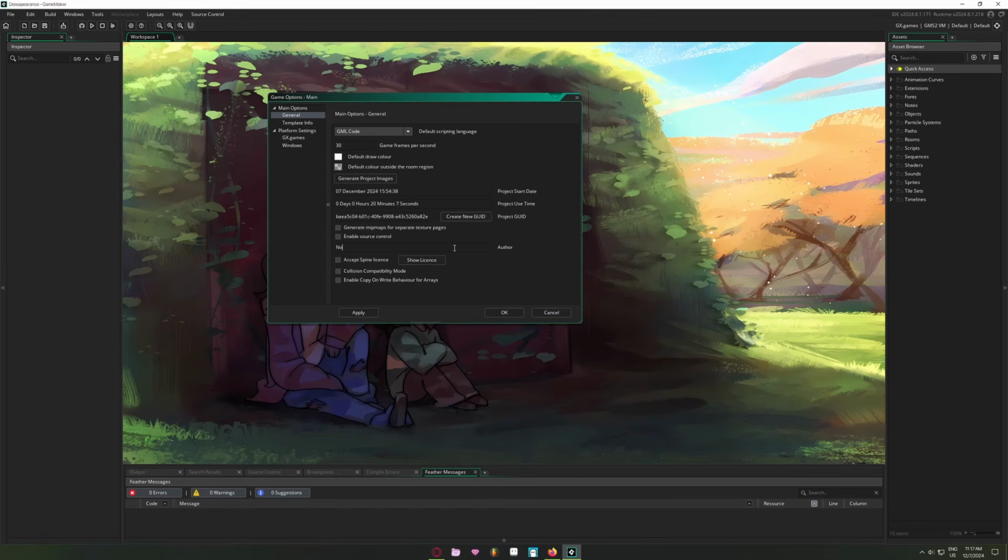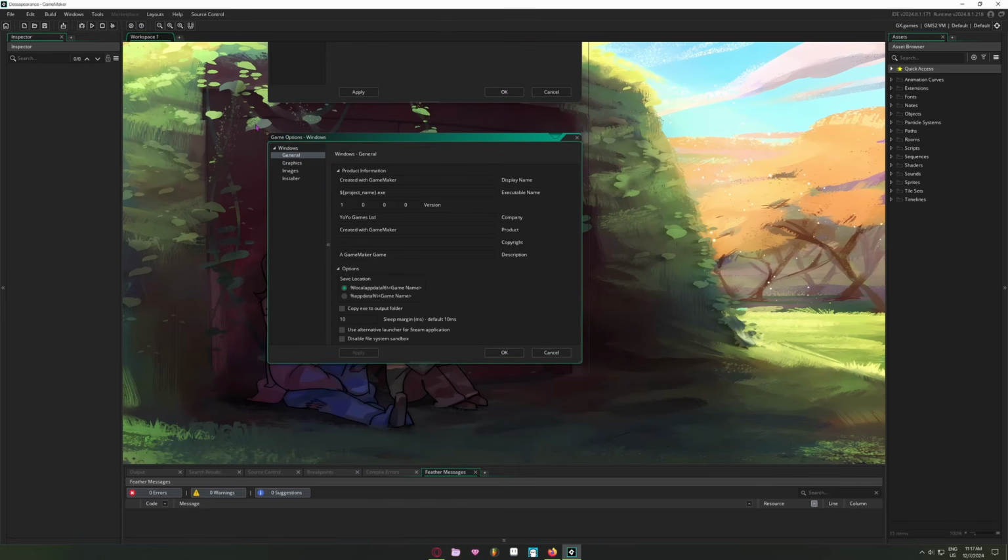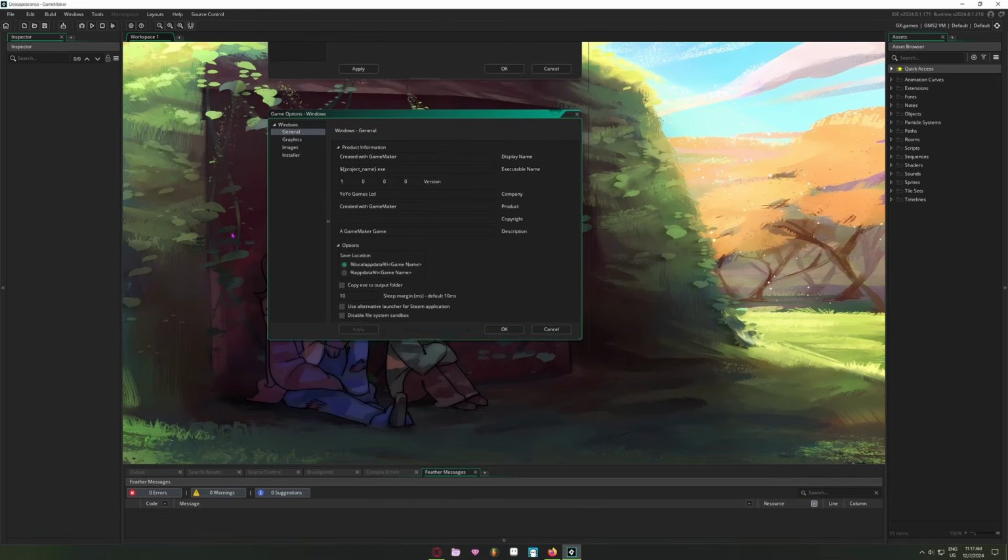So my name is. Then you want to go to Windows here, or whatever platform you're using, and okay, you want to change what the display name is. So obviously this, you want to do your game's name or whatever you want it to be. It's this appearance, and this is the name of like the exe file. So again, you want to do the name of your game,